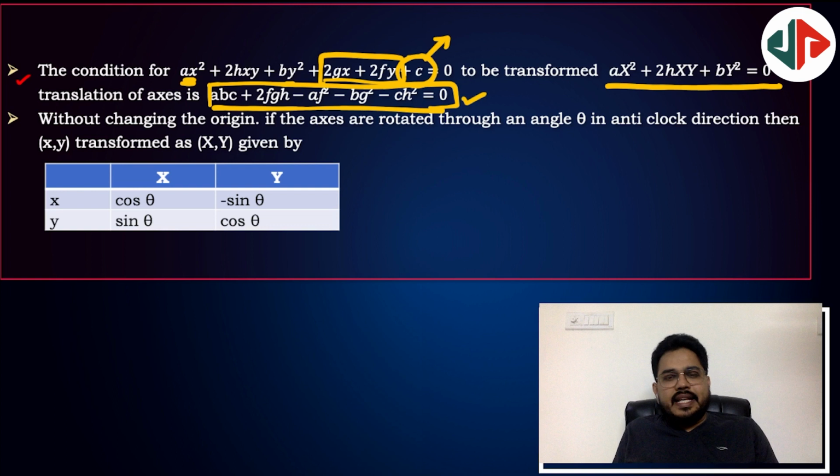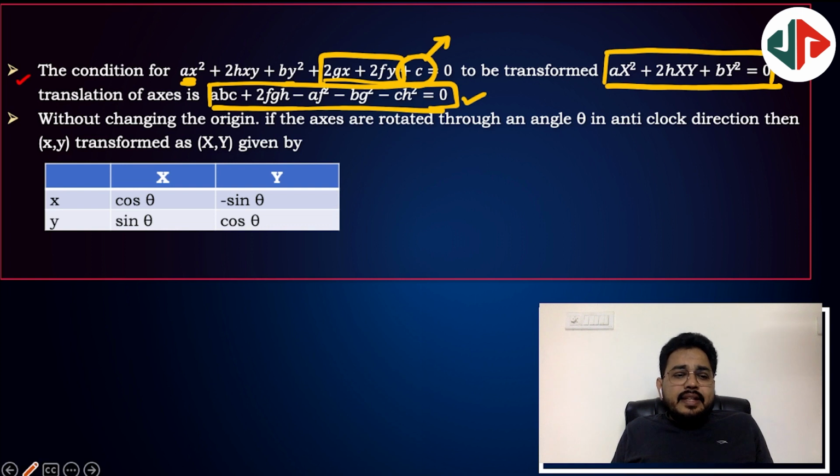This is the condition. Okay. So to eliminate the x term and y term, we need to shift the origin only, a translation of the axes only, and it will become the homogeneous equation if this condition holds good. Okay. So that is the translation of the coordinate axes without